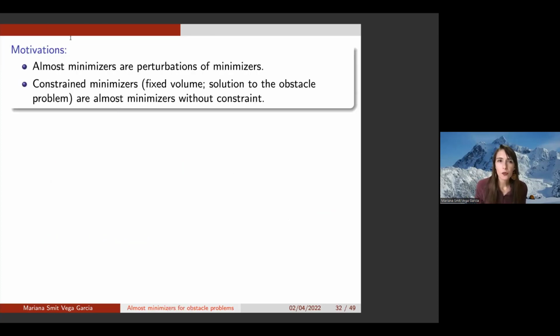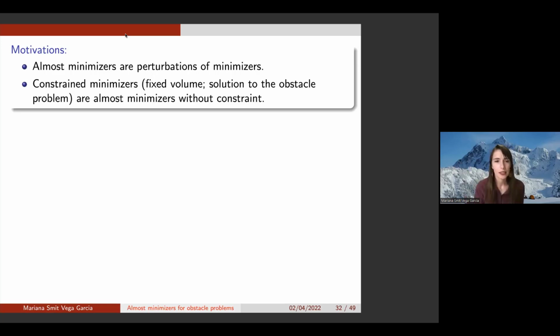So some motivations behind this idea, let me mention first of all that almost minimizers are perturbations of minimizers. If you're looking at minimizers themselves, in real life, you're probably not going to get one, but rather you're going to have a perturbation of that. And I know Max has talked a little bit about them because he was also talking about almost minimizers for